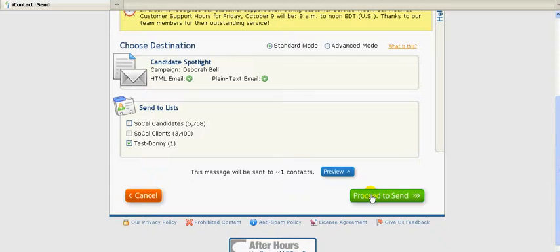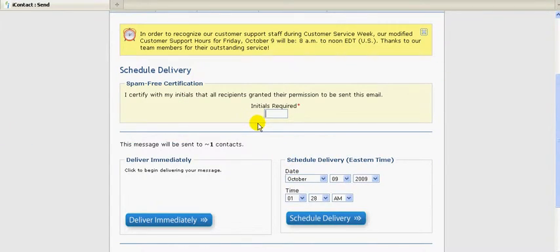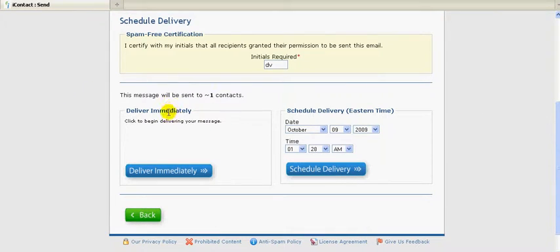Now, if I was to hit proceed to send, you put in simply your initials, and that allows you to verify that all your recipients have granted permission and you've got their email address, so that shouldn't be a problem. Now you have two sending delivery options. One of those is to deliver immediately. And when it says immediately, it's going to do it within the processing time. They tell you that